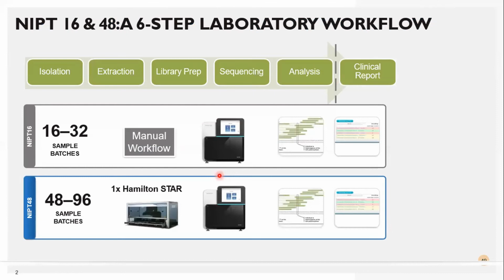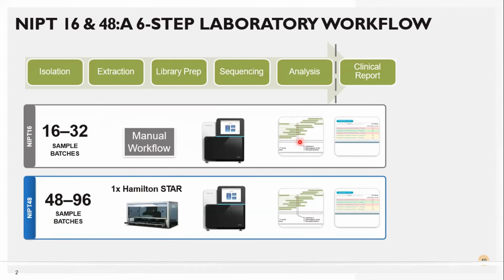And what does Illumina have to offer? If you talk about Illumina's technology per se, what are the different options? It's actually sequencing based applications where you do isolation of maternal DNA, extraction, library preparation, sequencing, analysis, and then the clinical reporting. Illumina does end-to-end support of this, right from DNA extraction to data analysis, and has two different approaches, NIPT 16 and NIPT 48, which is also called NIPT VeriSeq v2. One has a manual workflow, another an automated workflow, and then you do the sequencing.